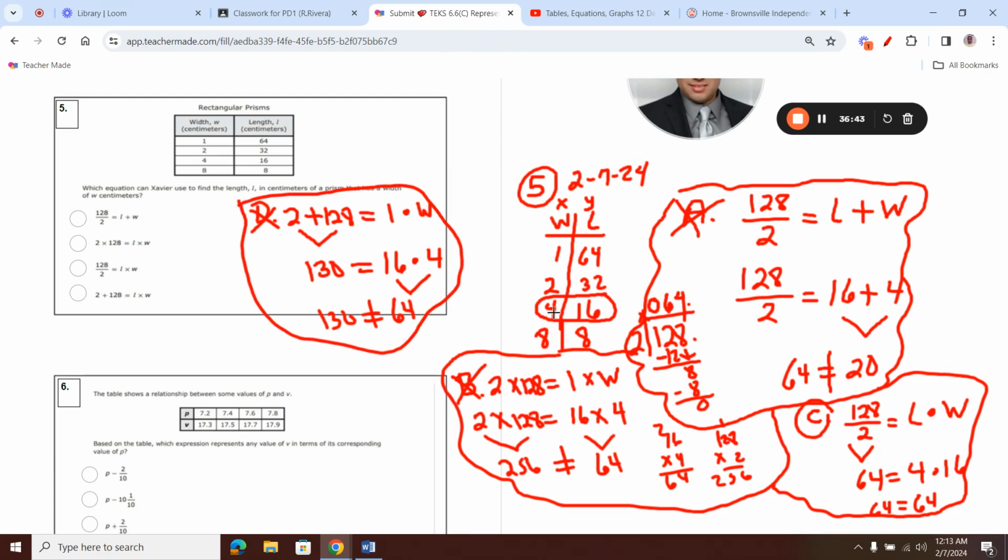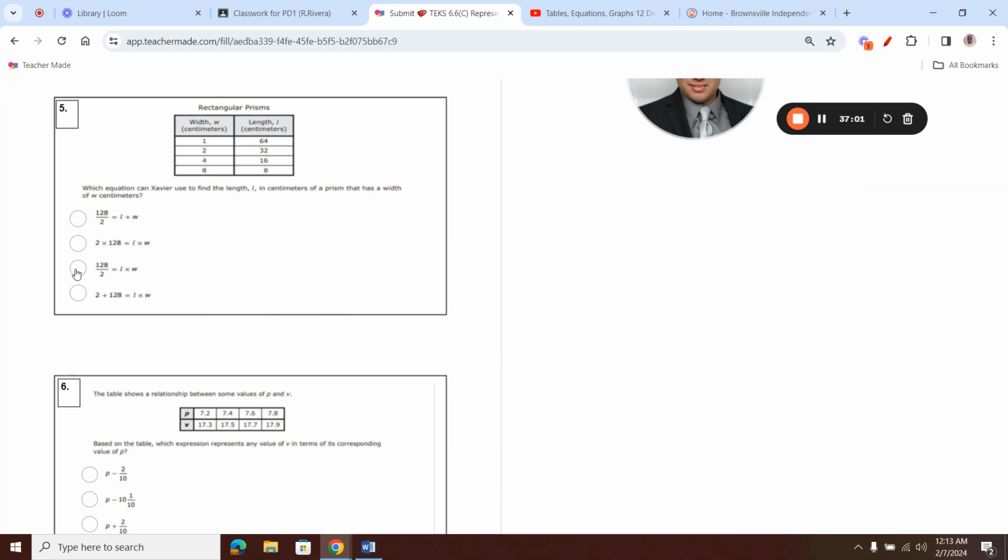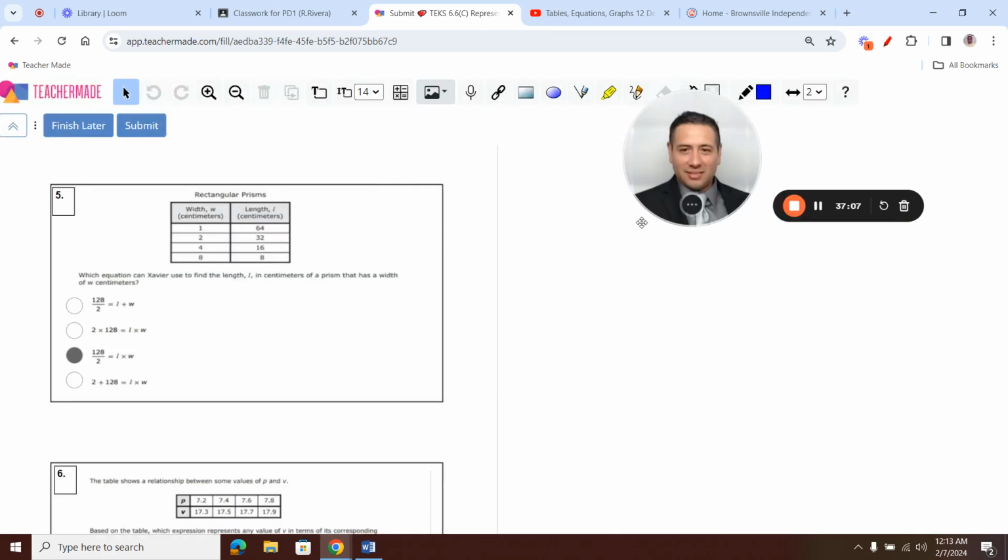So you try the choices. You try A, check if it's true. If they match at the end, then it's correct. If they don't match, it's wrong. So like this one, 128 divided by 2 was 64. Length times width was 64, so they match. So that's why that's the answer. So once you're done, go to your teacher mate, and we know that that's the answer. The way I did number 5, you're going to do number